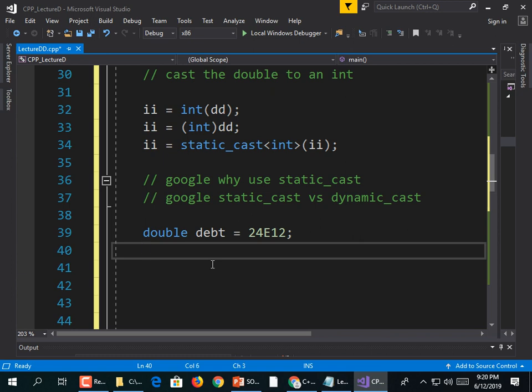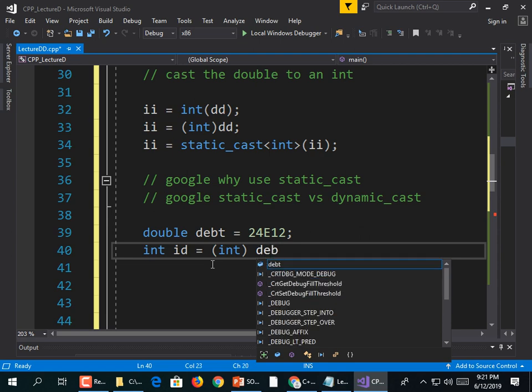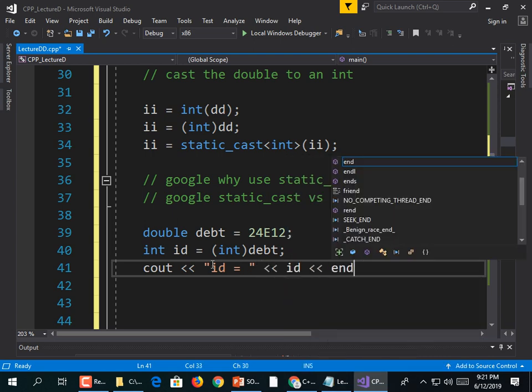Let's see what it'd look like. So int id, the integer version of the debt, equals (int) debt. Now let's print that out. cout << "id = " << id << endl;